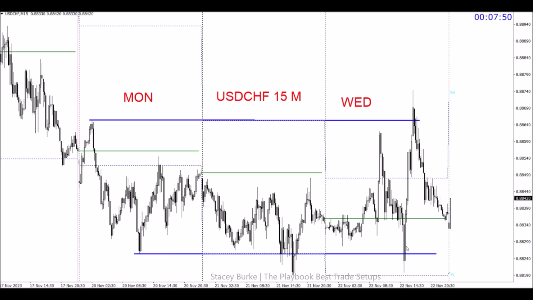This is what I would consider to be a lower quality, or rather a less good probability type of template, meaning that I would prefer to choose something like gold or the Japanese yen or one of the other crosses that we'll look at as a better risk reward opportunity. The Swiss franc often moves well in London, and I don't often trade this pair, but we'll walk through each major pair and show the trade opportunity